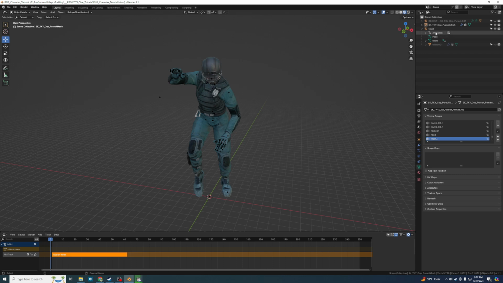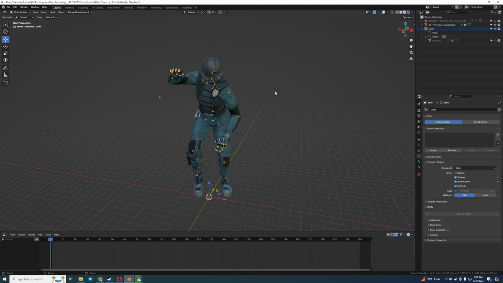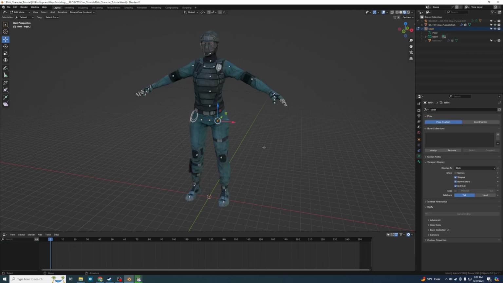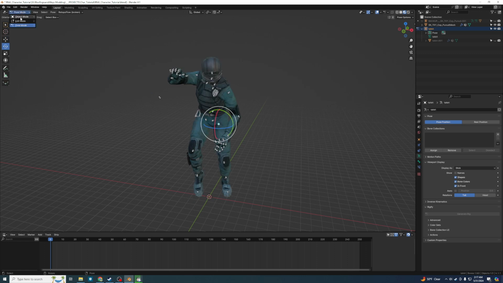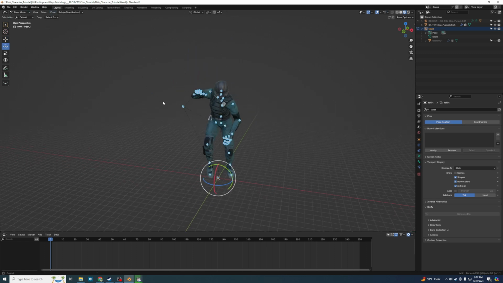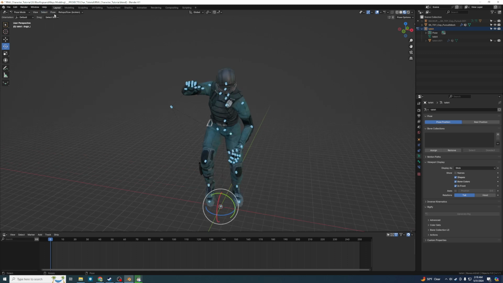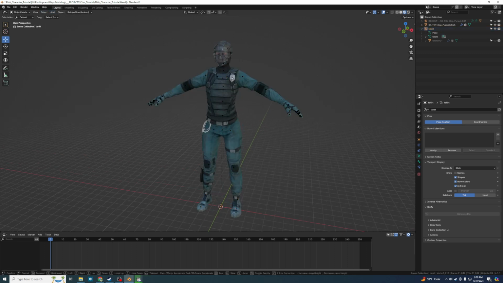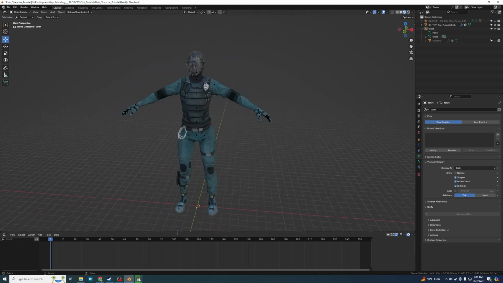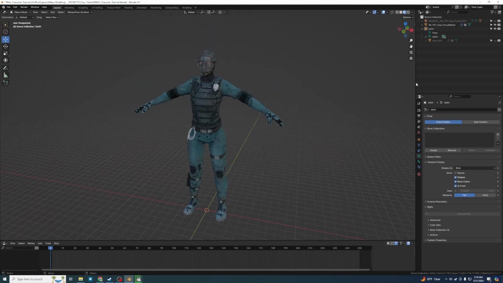So let's start with getting rid of the animation data, and you'll notice he's still in the same pose. To fix that, you can go into pose mode and then hit A or Control A, whatever it is for you, to select all. Go to pose, clear transform, clear all transforms, and then he's back in his normal pose like that. And from here,